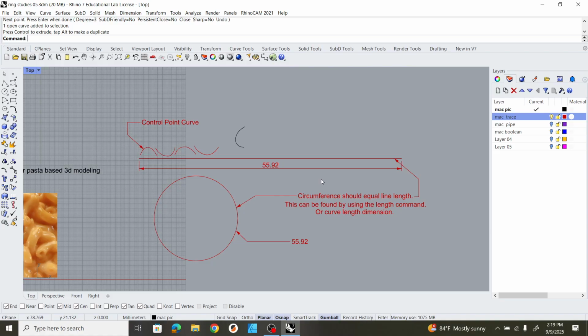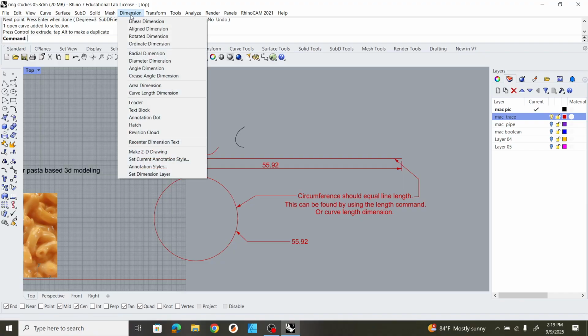And to use that command, you need something called a base curve. This is the thing that your objects are going to use to align themselves with. And then you need your target curve, which is going to be our circle. So this is sized to a certain ring circumference, right? And then I can use my measurements, my dimensioning,